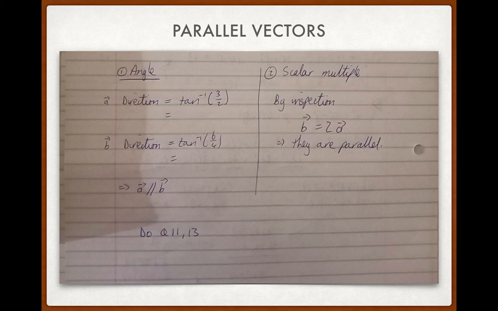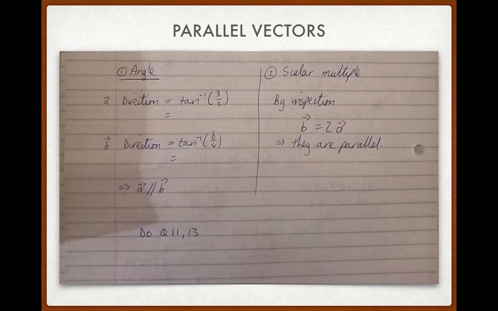The angle B was twice the angle A, so they're parallel. Job done. The more complicated way, and the way that will always work for you: get the direction of A, so get the inverse tan of 3 over 2, put that into the calculator, making sure your calculator is in